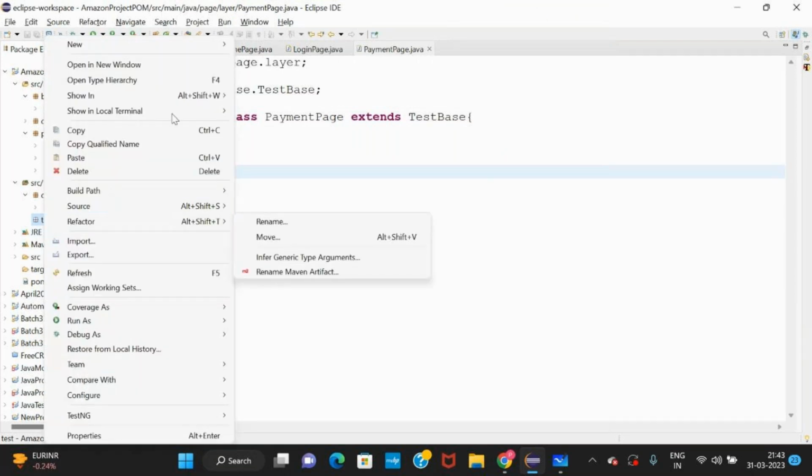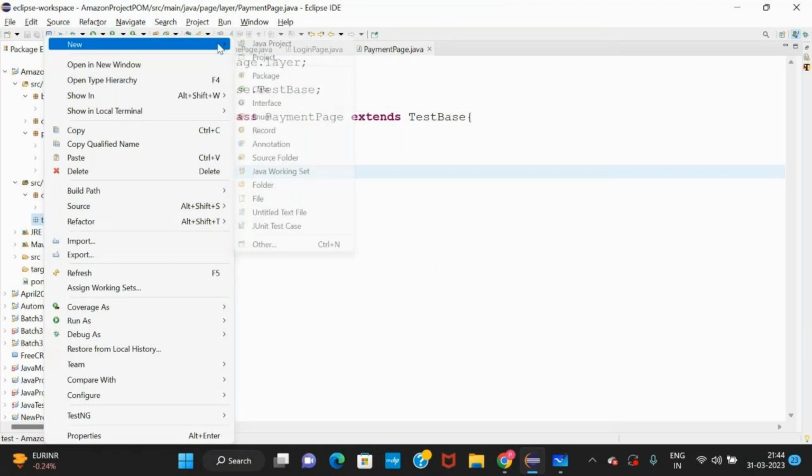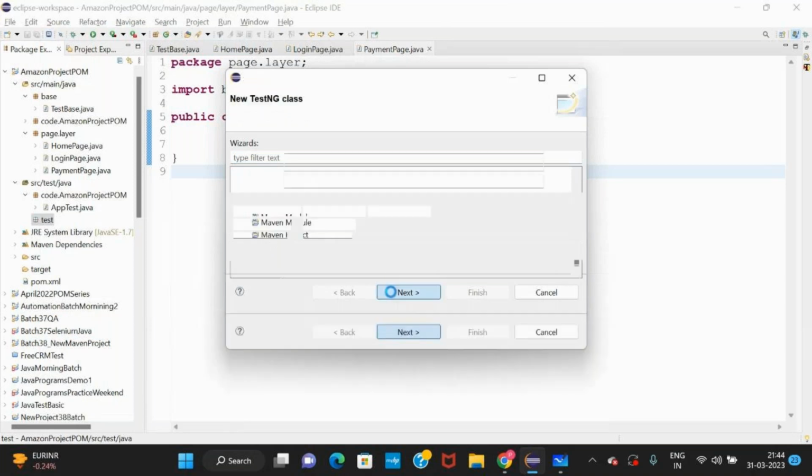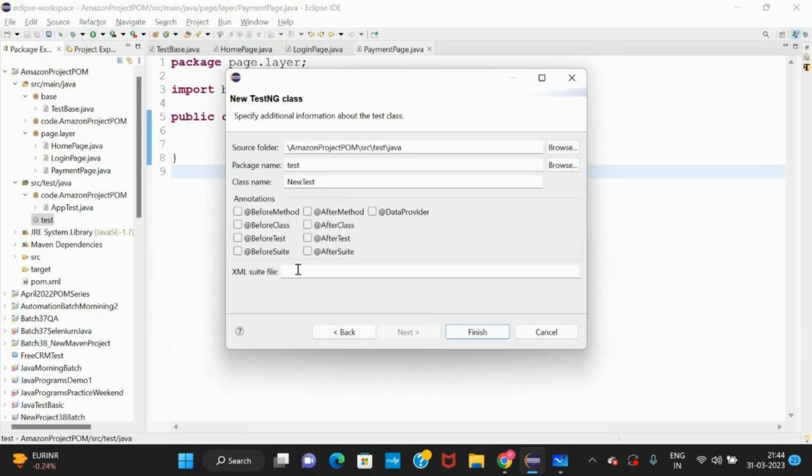Correct. Go to file, new, and then other. Select TestNG class. Next. In this, give an XML suite, testng.xml. And our test class name is login page test. For the first time we need this testng.xml.